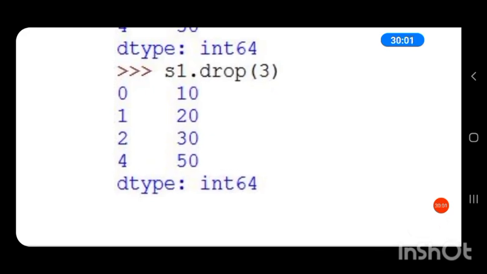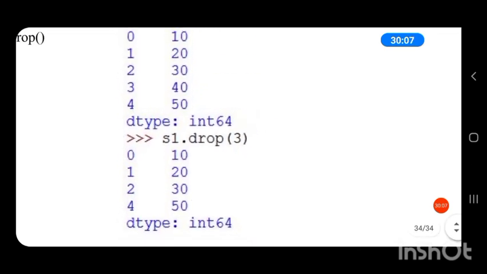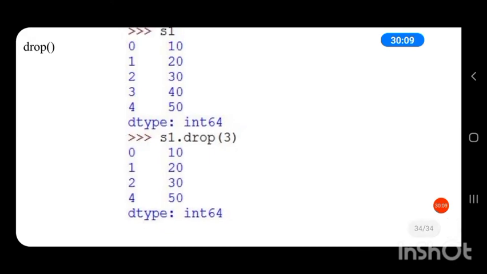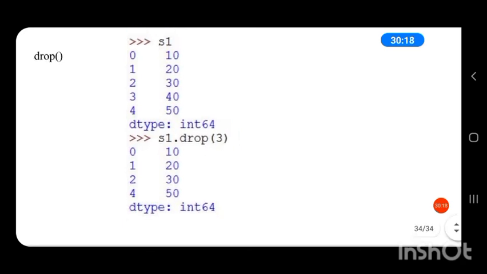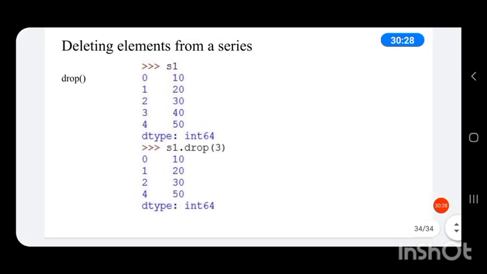So it will delete the value with index 3. You can see after executing this statement, the value at index 3 is removed, and you can see 40 is now removed, which was at index position 3. So to delete an element from a series, we have a drop function.